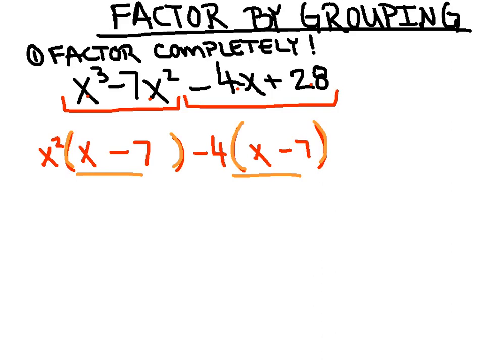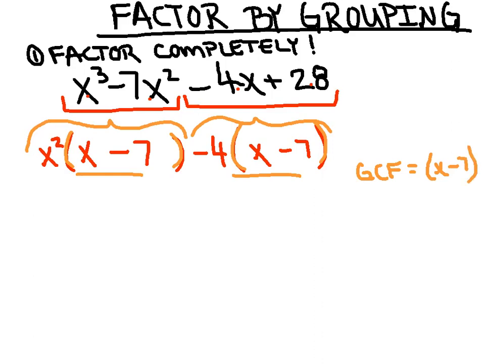And now I want to ask you, does this term right here have anything in common with this term over here? This is going to be really weird because up till this point our GCFs have always been monomials, just a very simple single term. For the first time in our math career, we're going to say that our GCF is a binomial. I'm going to say that our GCF is the quantity x minus 7. That's what these two terms have in common. So I'm going to go ahead and factor out my x minus 7